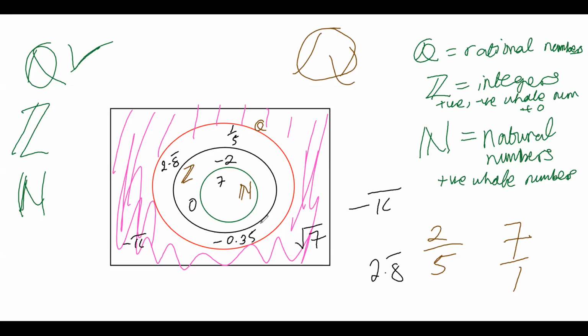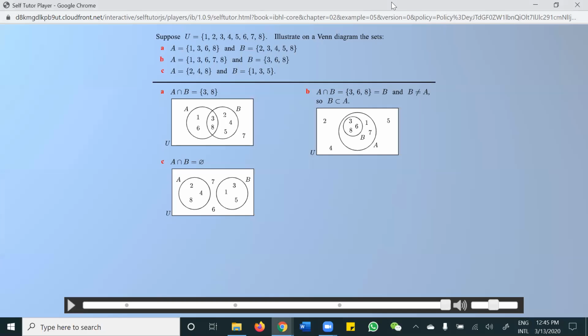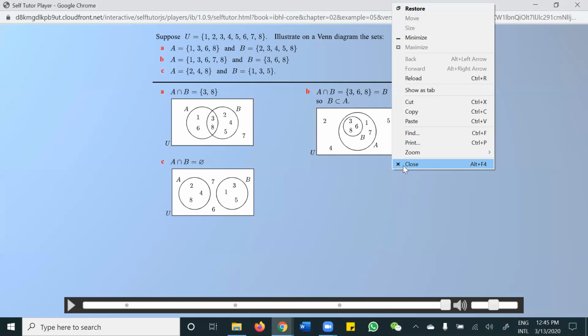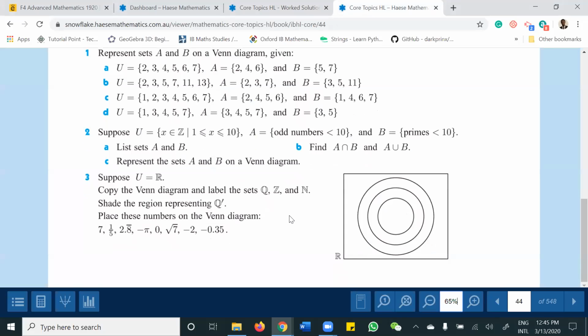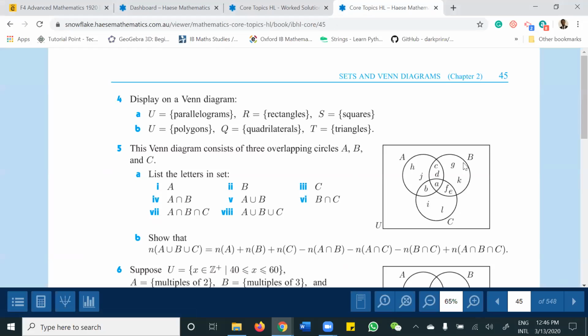Okay. So I'm going to display question 4. I want you to attempt question 4 as well. Let's go. So here's question 4 and 5.